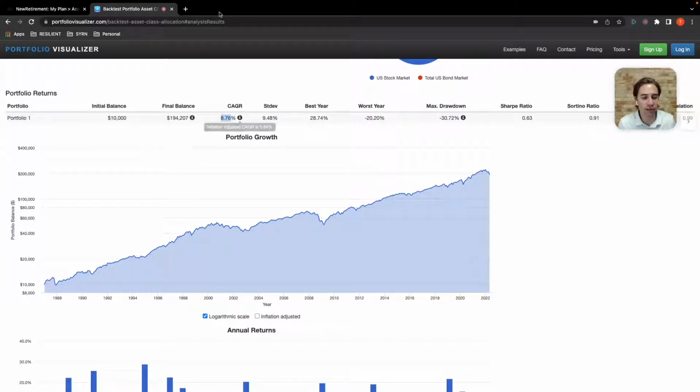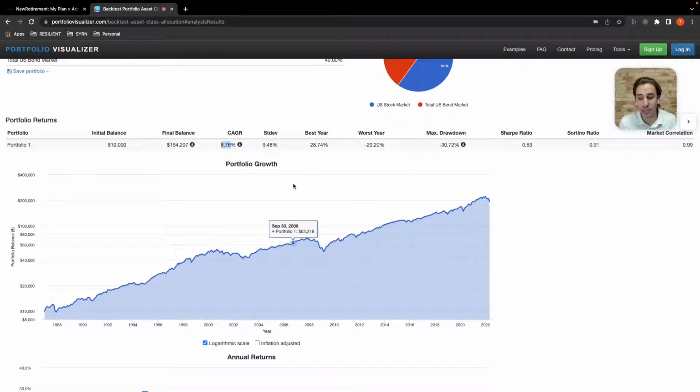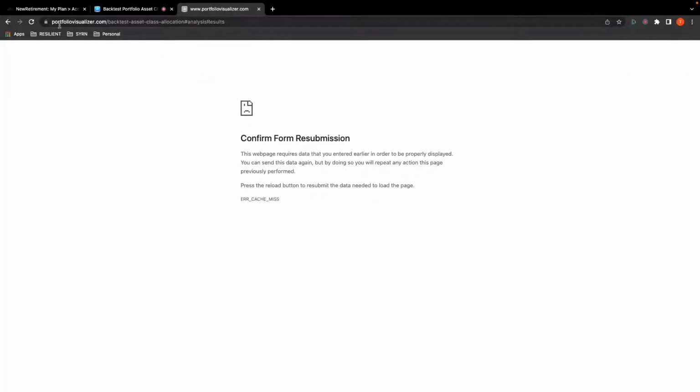But if you're using a planning platform, inflation is taken into consideration within at least new retirement. You can go in and modify what your inflation rate is going to be. So that's essentially being reduced within this platform. So you don't have to worry about plugging in that inflation adjusted number. So that's how you grab the 7.76: you take the 8.76 and just reduce it by 1% to err on the side of caution. And then what you're going to do is you're going to use the